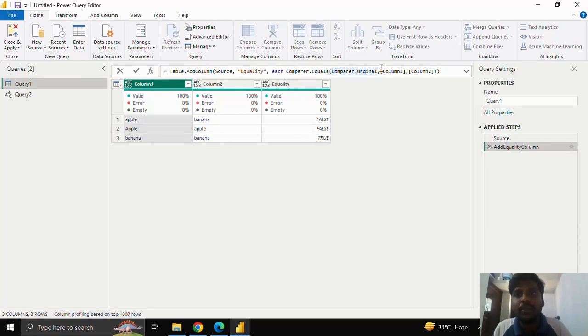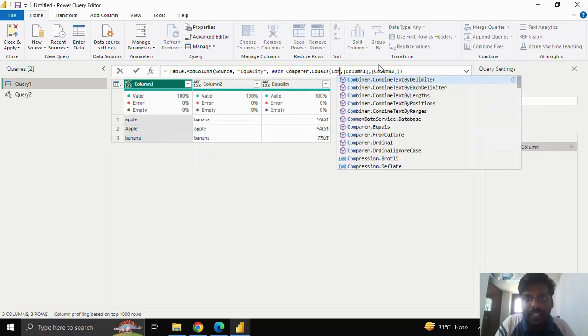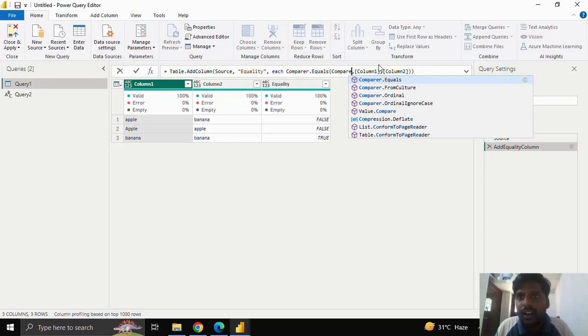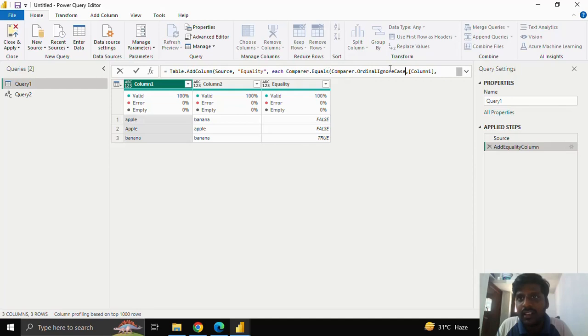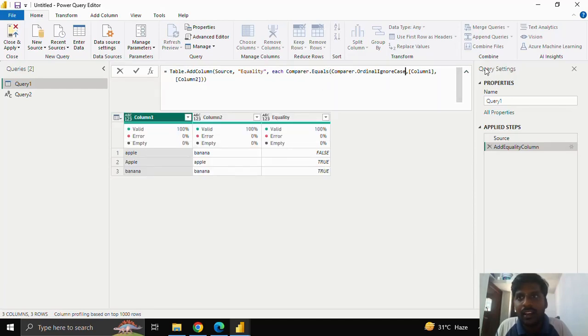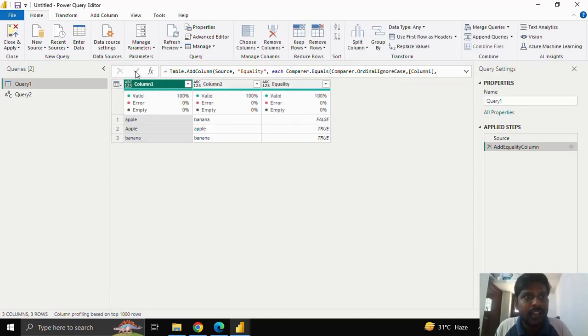Now suppose that I want to ignore the case sensitivity in the second row. What I'll do is, instead of the Comparer.Ordinal function, I'll write Comparer.OrdinalIgnoreCase. This is a function which ignores the case of words. As I have edited over here, I could just click on this tick mark. You could see that my second row has ignored the case and has given the output